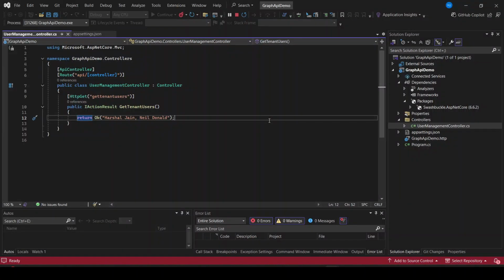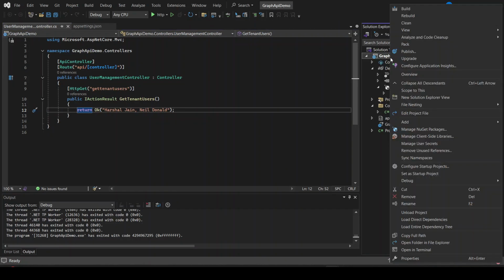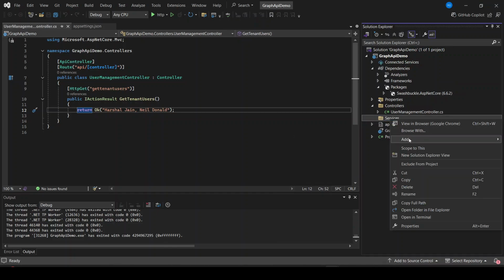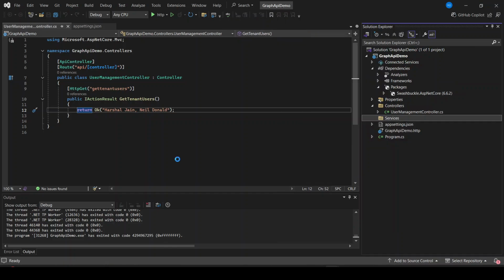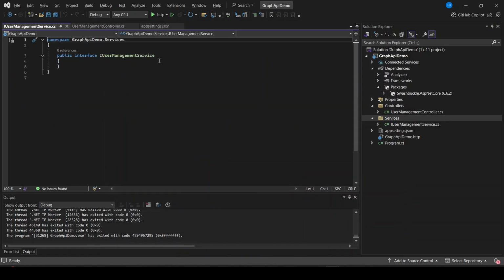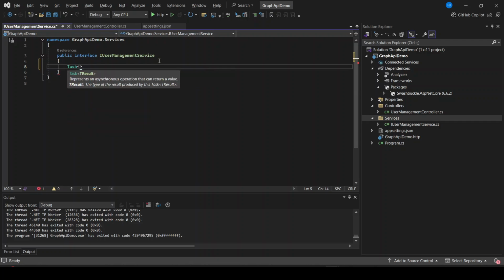Okay, and now let's actually use Graph API, right? So let's just stop this execution, right click on this project, add new folder, I will say services, and let's add an interface. So right click, I will say add new item, interface, and here I will say IUserManagementService.cs, I will say add, and here I will add a method that it will return task of list of user. I will say get all